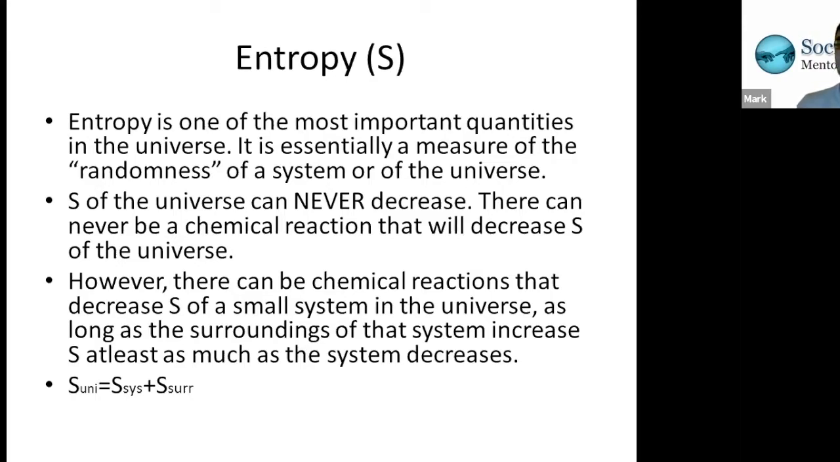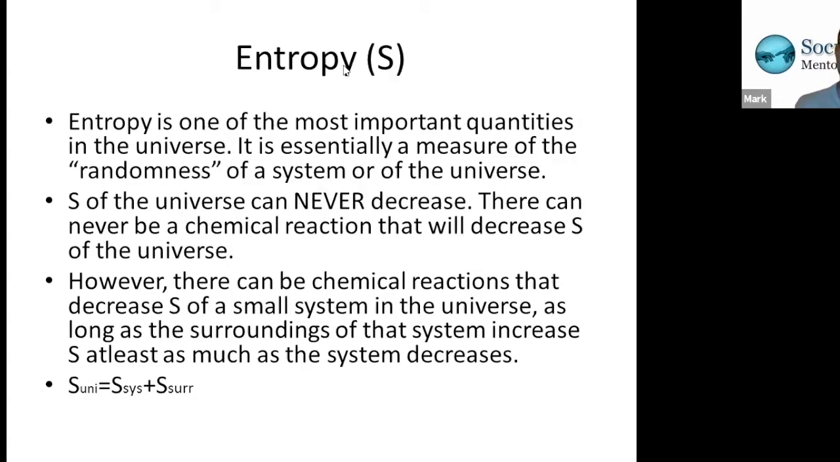However, there can be chemical reactions that decrease the entropy of a small system in the universe, and that's what we mean by system. A system is just a small part of the universe. So say you had a small glass container in which you put some chemicals and they underwent a reaction. Well, that small container would be a system in the universe, right? And everything outside of the container would be the surroundings. Everything that makes up the universe that's not inside the container is the surroundings, whereas the system is the actual